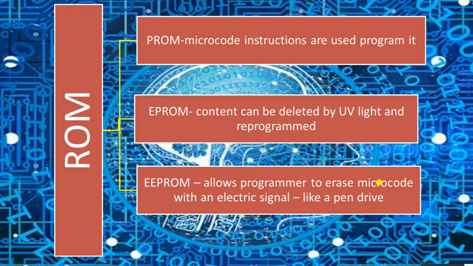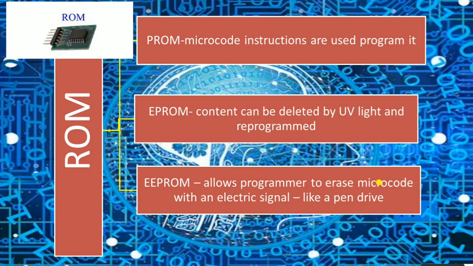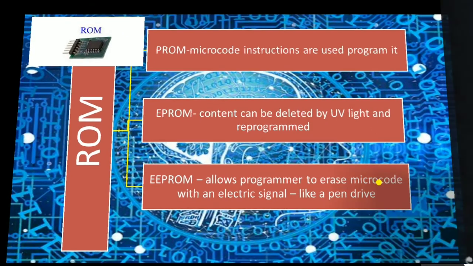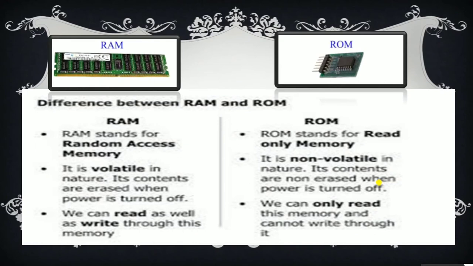Now we come to memory module. So see this picture also here for RAM. How does it look like? Now we have to understand the difference between these two. You have done the primary memory, which is consisting of RAM and ROM, but there are some differences between these two. They both are primary memory, but the differences are: RAM stands for random access memory. It is volatile in nature, that means contents get erased when it is turned off, and it is read and write both type of memory.